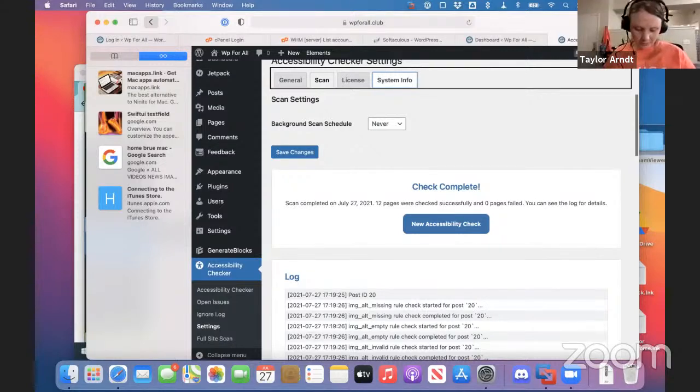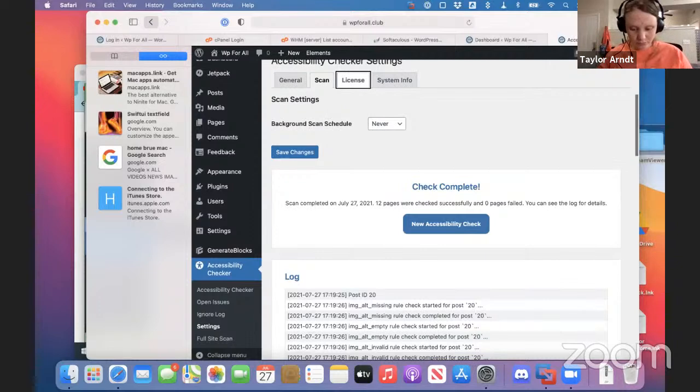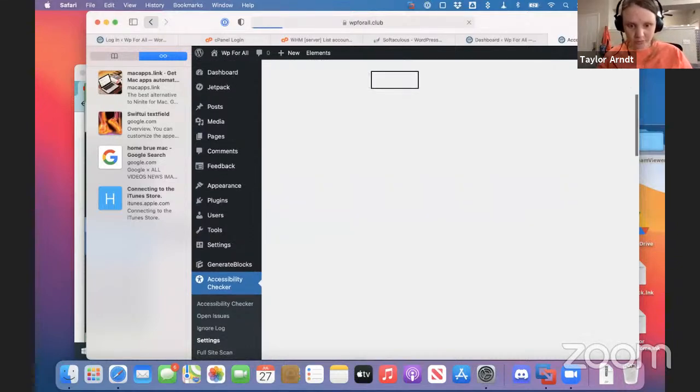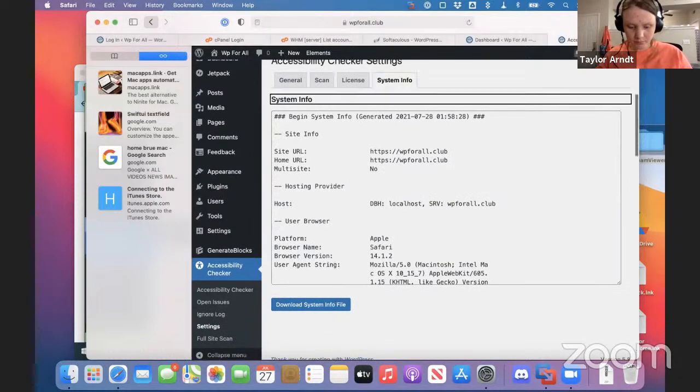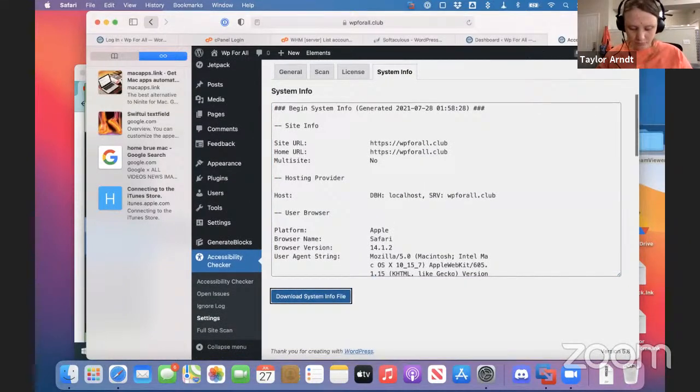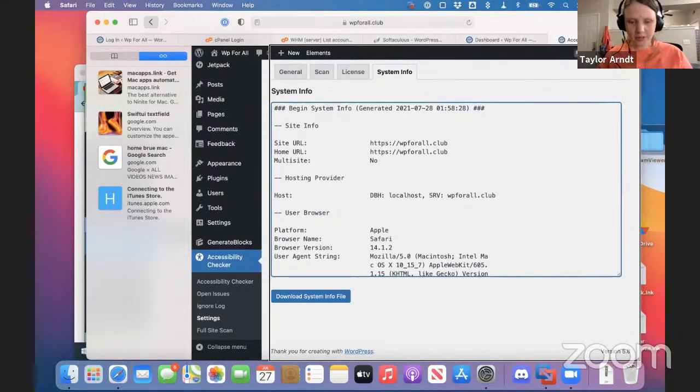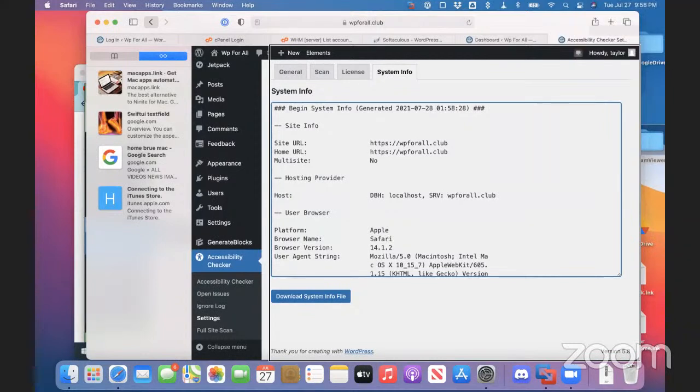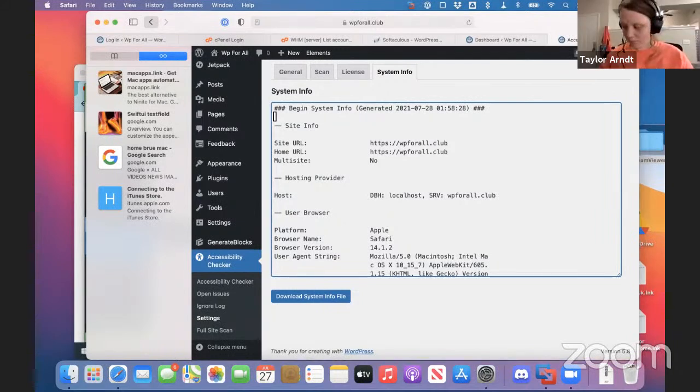All right, so we looked at the settings. Let's see here. Let me go link, license, link, system info, make sure this works. System info. Link, heading level, download, end of content, and clickable text, number, begin. Clickable text. I wonder what kind of control that is. That's really weird, really weird. Reading interestingly weird on Mac. Do you kind of agree, Michael? It is. I'm trying to look and see what it is, but it looks like a whole container area is highlighted. Oh, really? Text, new, number, begin system info, generated July 28, 2021.